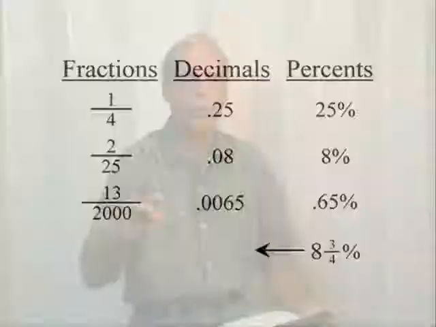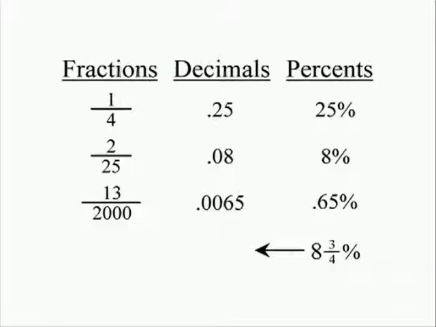Now what about 8 3/4%? Let me give this a shot. The decimal is understood to be directly after the whole number. In order to move it 2 places to the left, we have to add a 0